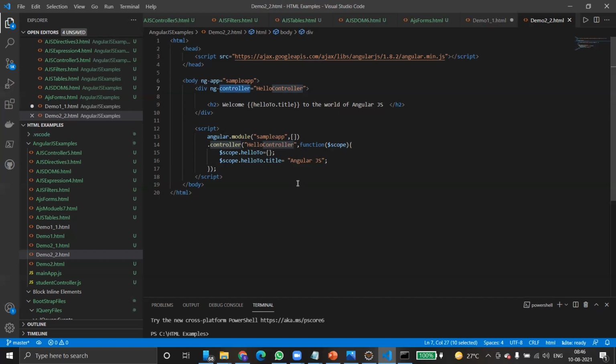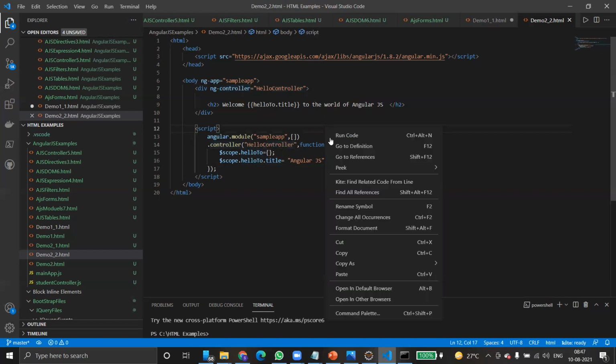This entire thing is a view. This is a controller. Controller, as I told you, is the business logic. We are conveying, by adding this attribute ng-controller to AngularJS, that this is the controller we are going to use for the current view. What is the view here? The view is hello2.title. Hello2.title tells AngularJS to please write this model value to the title of the HTML.